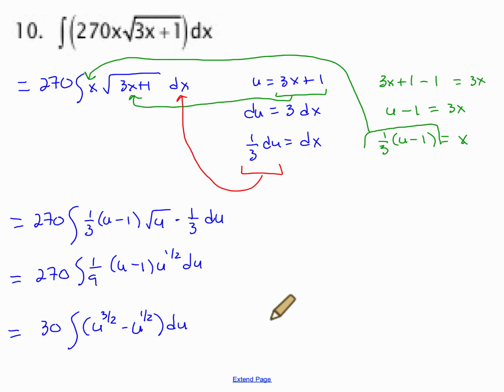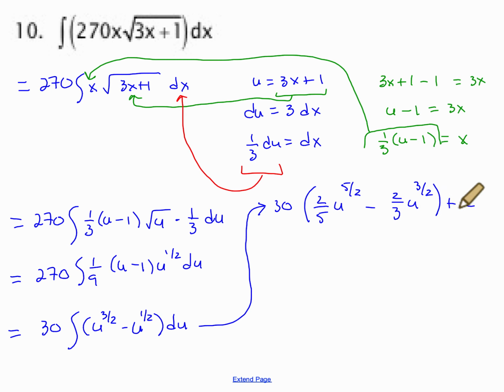How about that? That is pretty nifty. So now we're in business. We can integrate this. So off we go. It's just a matter of how far your teacher wants you to simplify. So this would become 30 times, let's see, so that's 5/2, so that's going to be 2/5 u to the 5/2 minus, let's see, 2/3 u to the 3/2